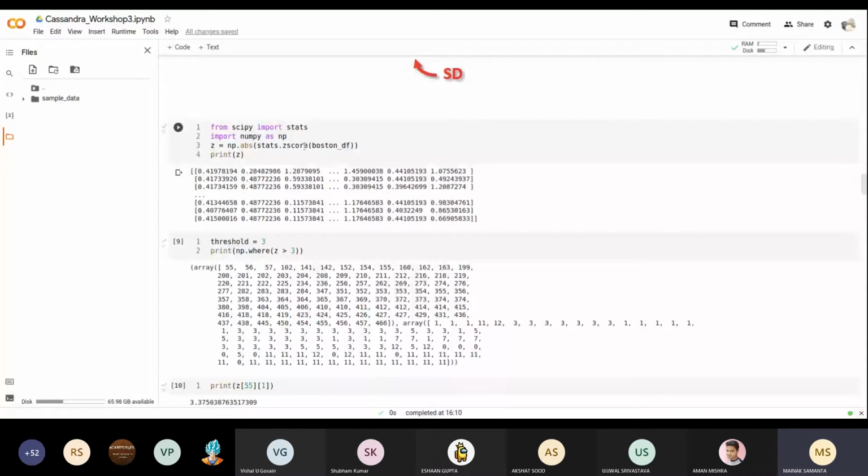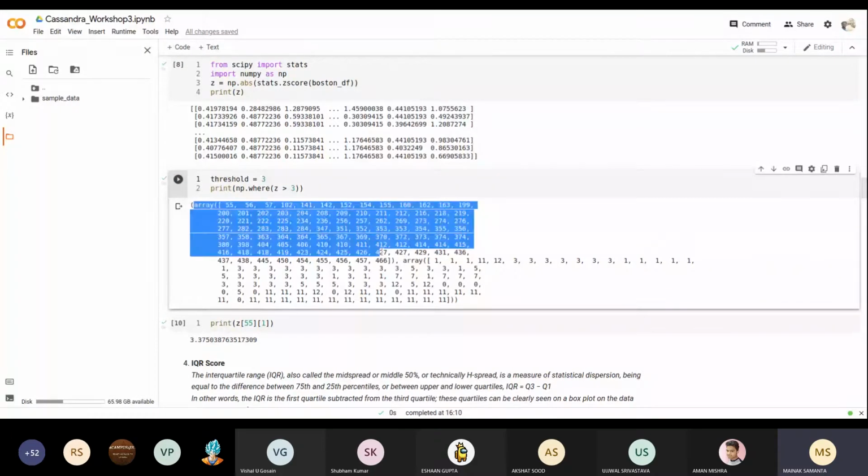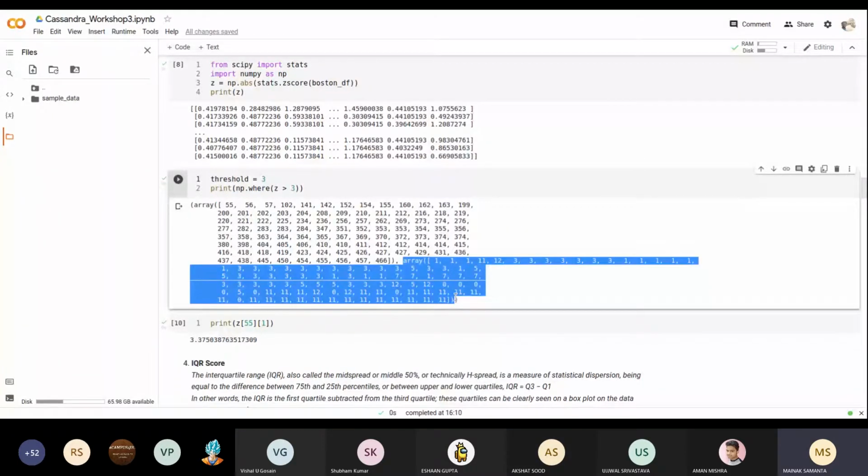Now we have set the threshold as 3, meaning the region is -3 to 3. Where the Z is greater than 3, these give the rows and columns. The first array is giving the rows, and the second is giving the columns of the corresponding elements which have a Z score more than 3, meaning outside the interval -3 to 3.